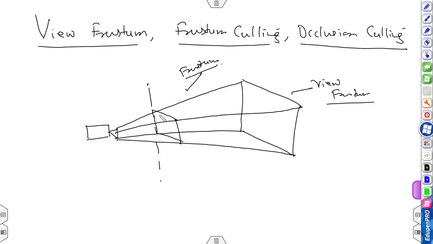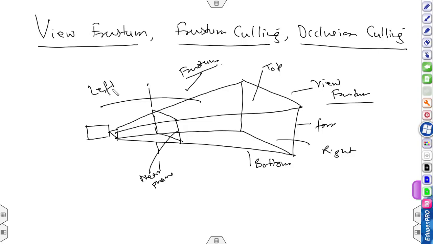This frustum is a box type of structure which has six faces. This face is called the near plane, this is the far plane, this one is the top plane, this is the bottom plane, this is the right plane, and this one is the left plane.